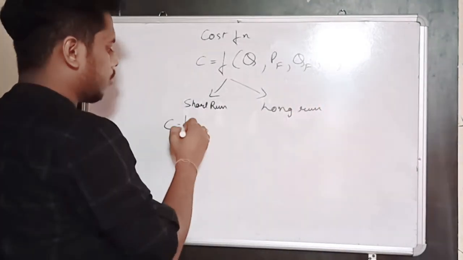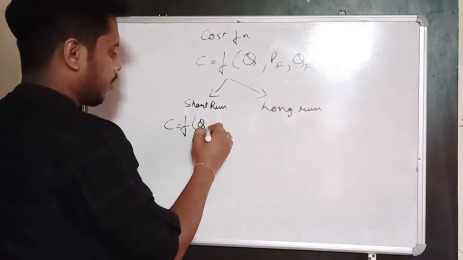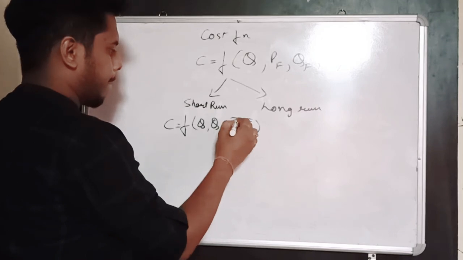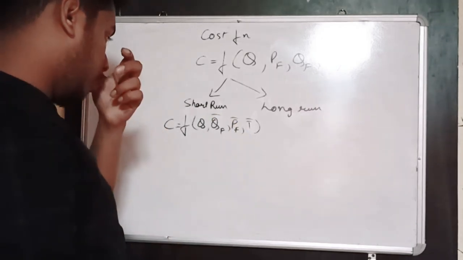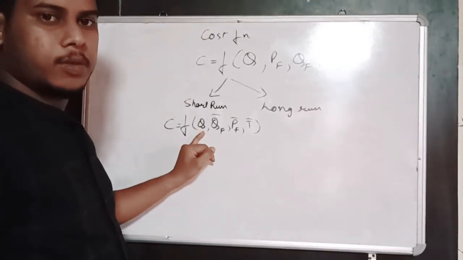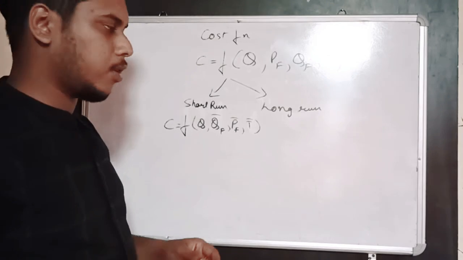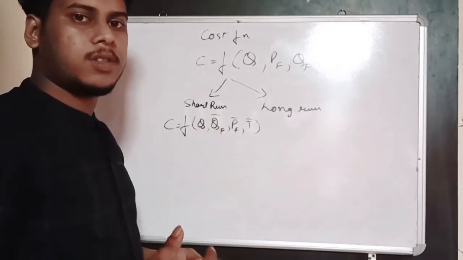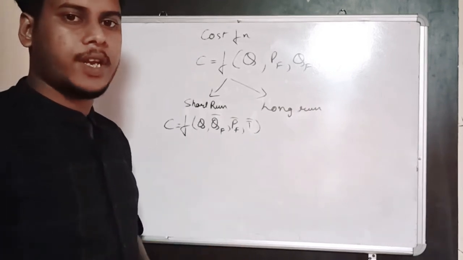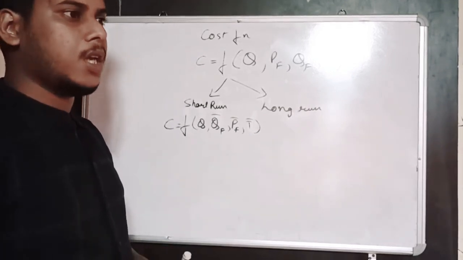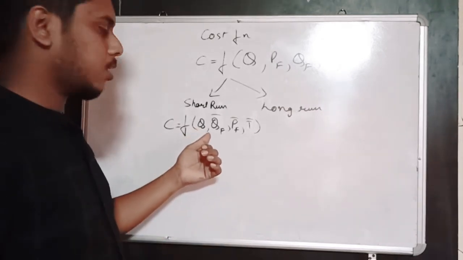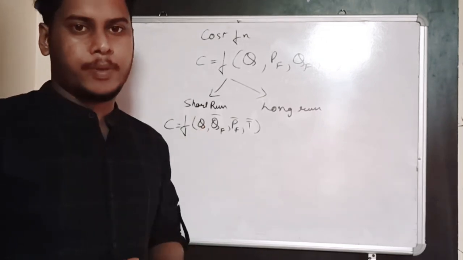The short run cost function looks something like this. Okay, so cost of production over here depends upon the output that you are producing. The short run is a time frame which is so small that these determinants cannot change. You cannot change the state of technology or the quantity of factor used in such a short time frame.